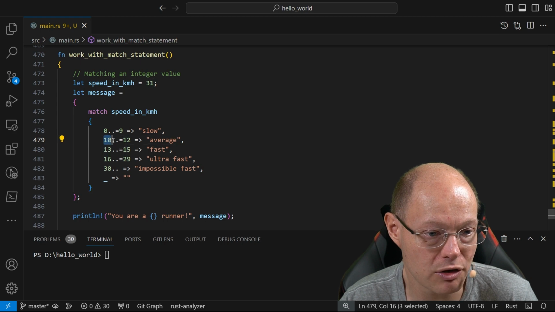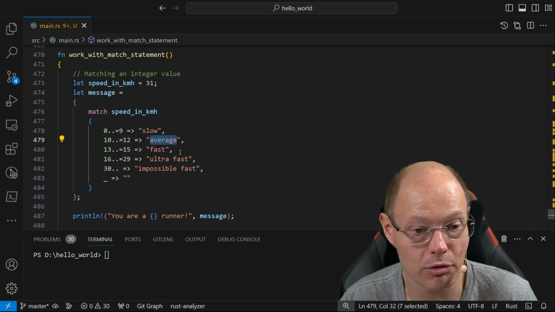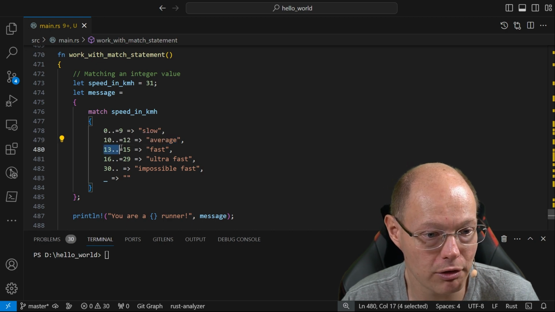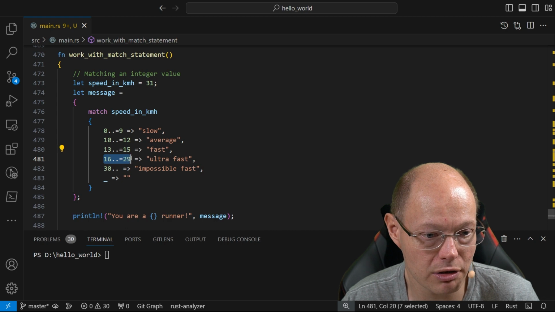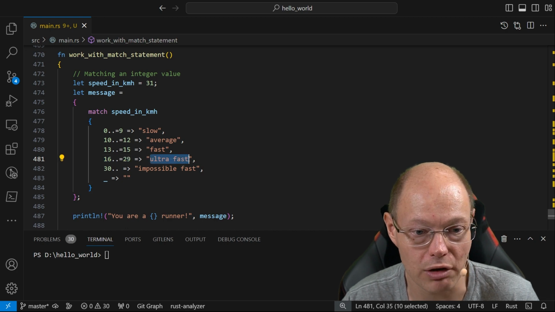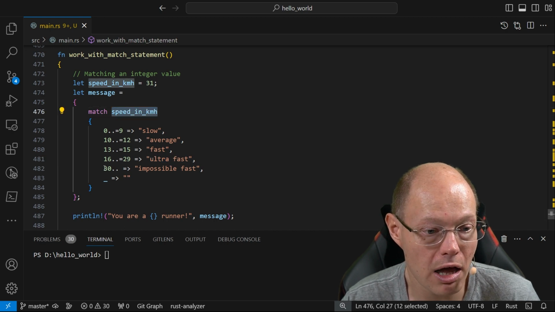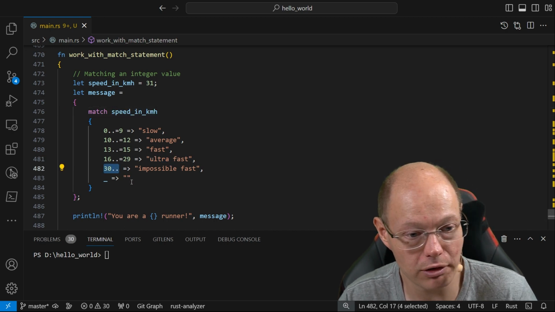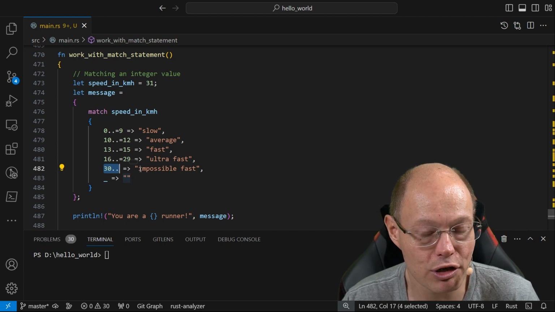When the speed is between 10 and 12, we initialize that variable with the string average, between 13 and 15 with the string fast, between 16 and 29 with the string ultra fast, and when that variable speed in kilometers per hour is larger than 30, so we have here an open-ended interval,